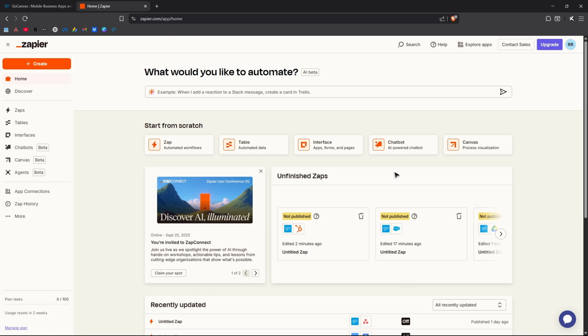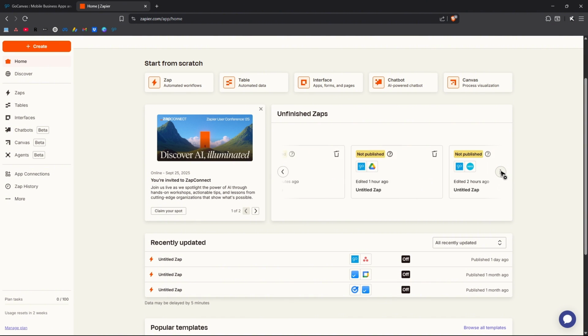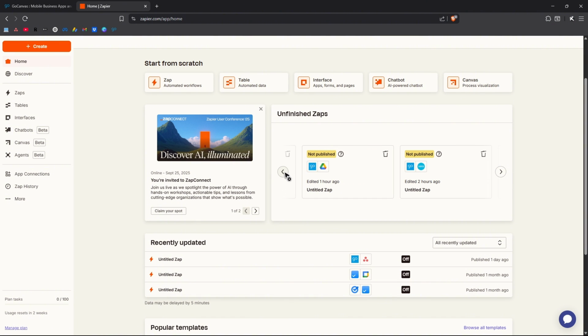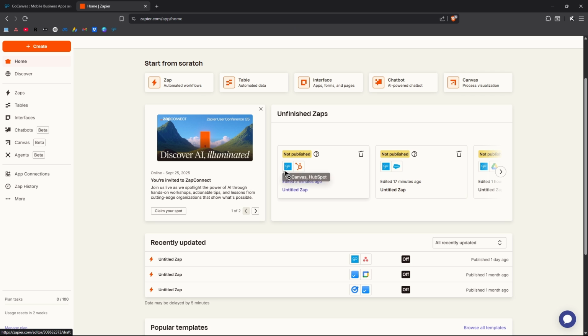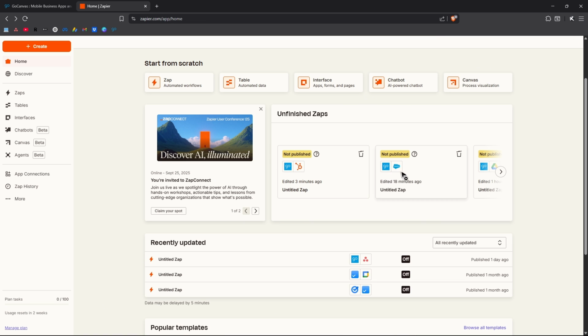Now, once you're in here, as you can see, I have these applications or integrations done earlier. And if you want to check it out on the channel, like for example, integration with GoCanvas and HubSpot, GoCanvas with Salesforce, we have that in the channel. So going back right here, once you have your account, go ahead over to the left panel and click